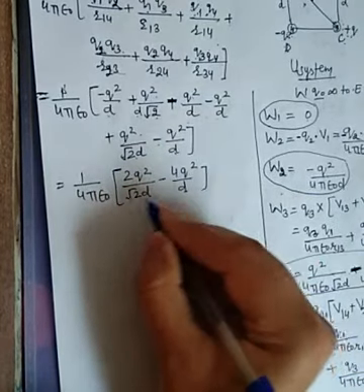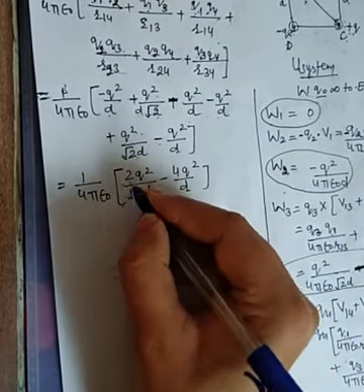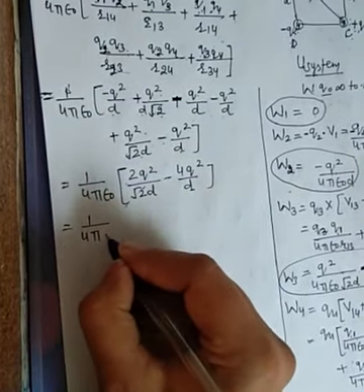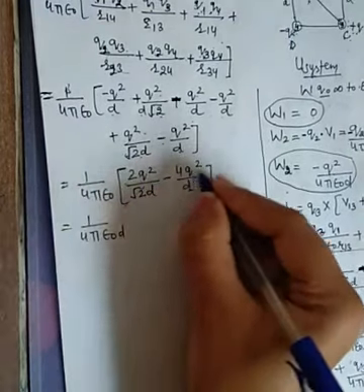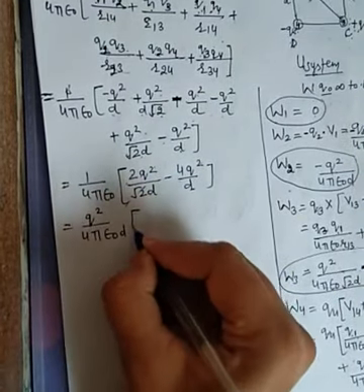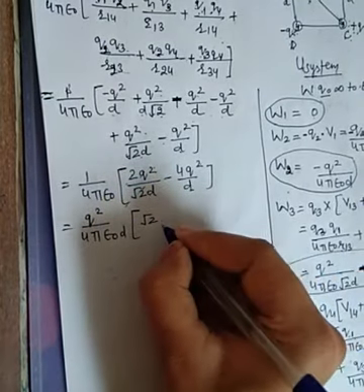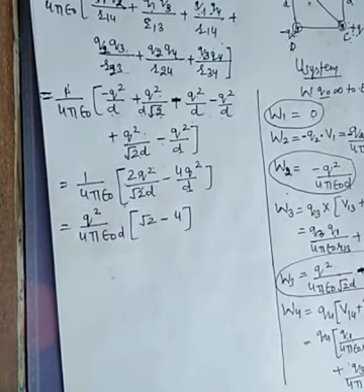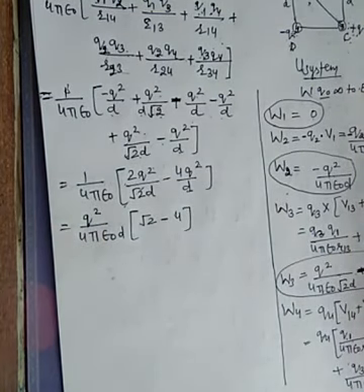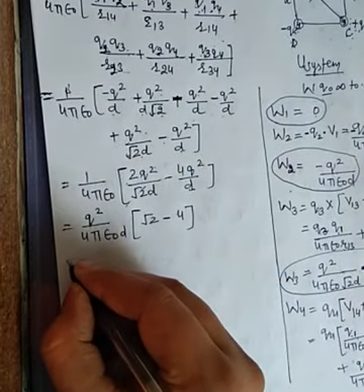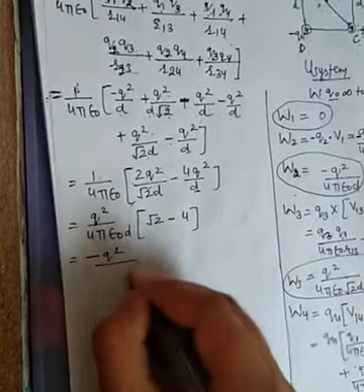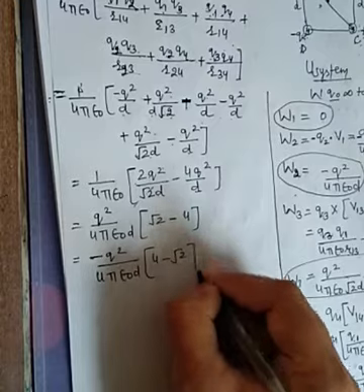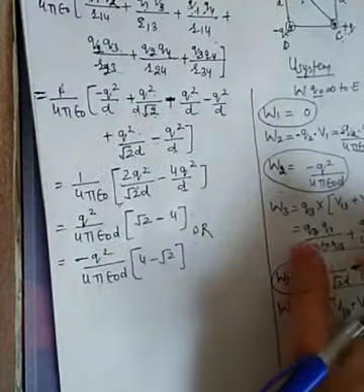So D taking common out, root 2 with 2 cancelling, resulting root 2 in numerator. So it will be 1 upon 4 pi epsilon naught D. Q square can be taken common out. It will be root 2. Q square common out, D common out, so the remaining is 4 root 2 minus 4. So as to match with the result, you can write here minus Q square upon 4 pi epsilon naught D, taking minus common out, 4 minus root 2. Both the results are okay.